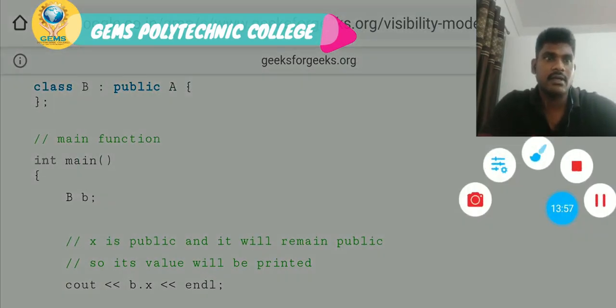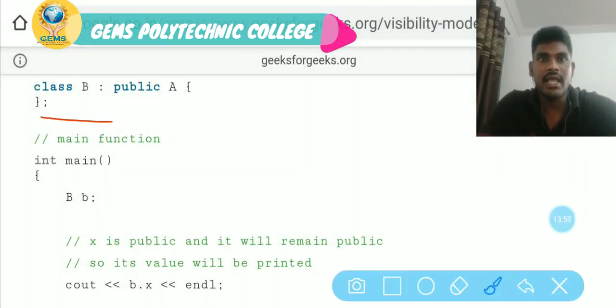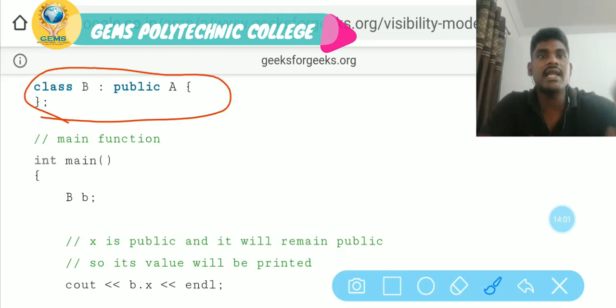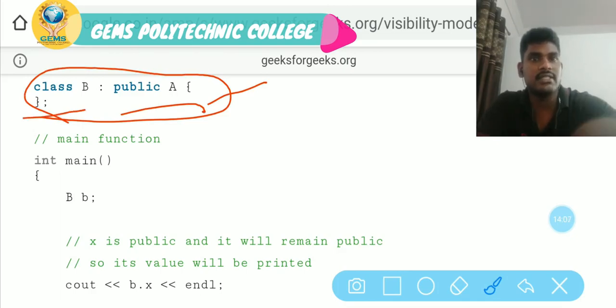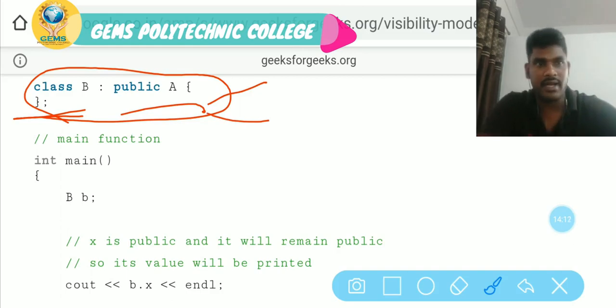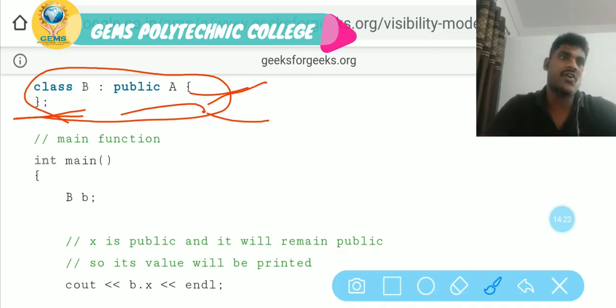Here is class B. Class B is a child class of base class A. This one is the base class, and this one is the derived class. We can call them parent class and child class also. This class is derived from class A. Now this class acquires the properties of class A. This is called inheritance. I hope you clearly understand it.